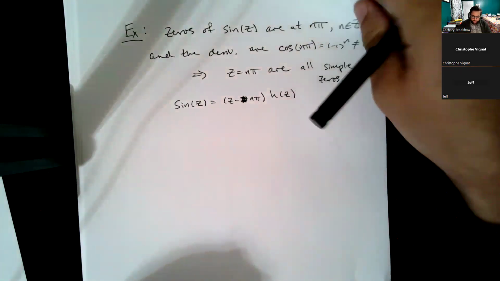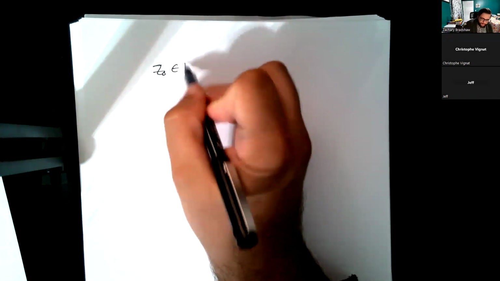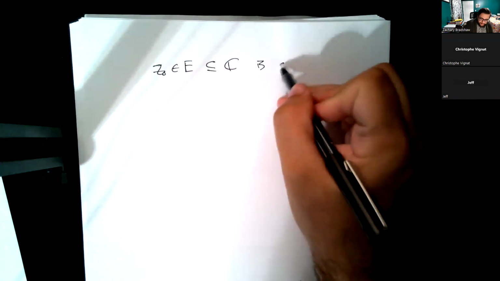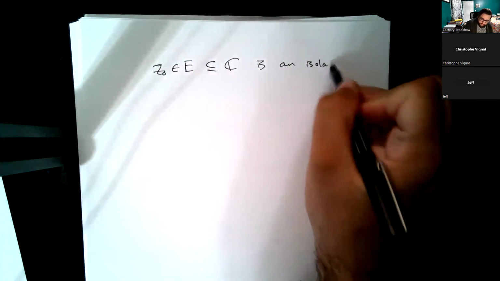All right. So now I'm going to talk about isolated points. I'm going to introduce the uniqueness principle, and I won't prove it today. We'll prove it next time, but I want to at least mention it. But first, I need just a little bit of terminology. We say that a point z0 in some set E is an isolated point